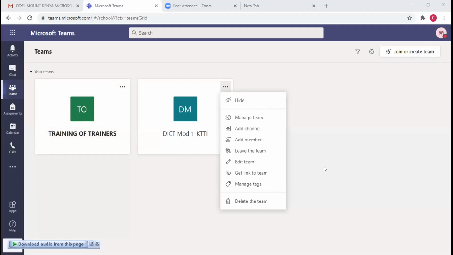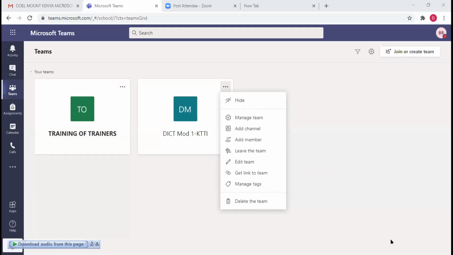Let me share the screen. Can you see my screen from the other end? Hello, we can see your screen.